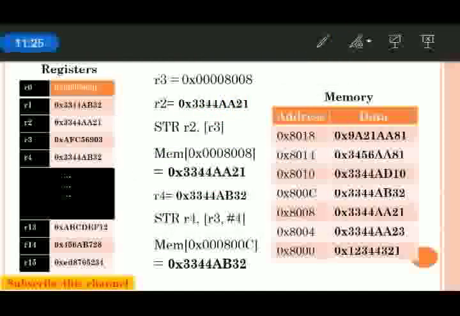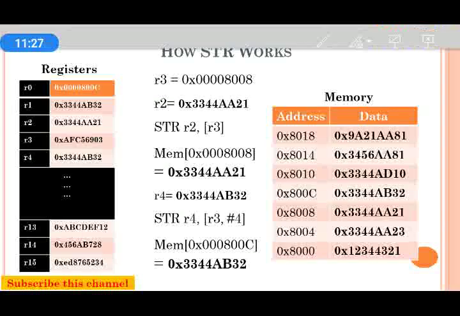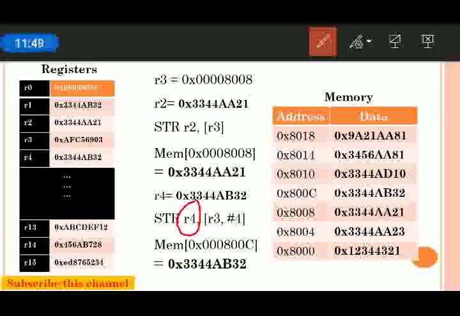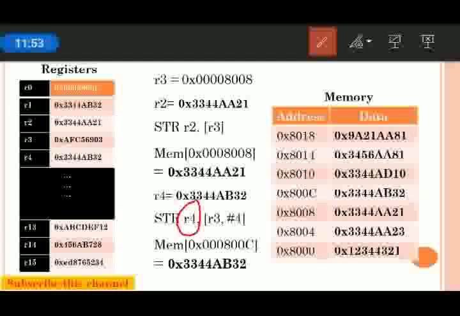That is the offset address. Here you can see STR R4, comma, in square brackets R3, comma, #4. So once again this R3 is acting as a base address register and this 4 is acting as an offset value. Before transferring this R4 content into the memory, this instruction will first calculate the actual memory address by adding R3 to the 4.